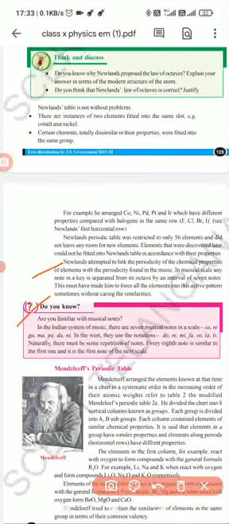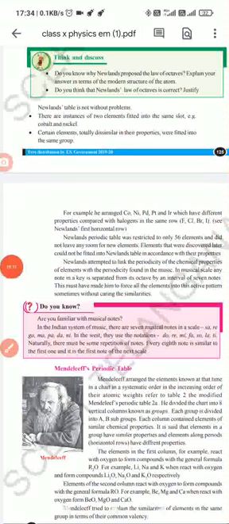In the Indian system of music, there are 7 musical notes in a scale. Like we know sa, re, ga, ma, pa, da, ni. In the Indian system, we use this sa, re, ga, ma, pa, da, ni. We use it in the keyboard like sa, re, ga, ma, pa, da, ni, sa. Again, sa will repeat. The same way in the West, they use the notations like do, re, mi, fa, sol,